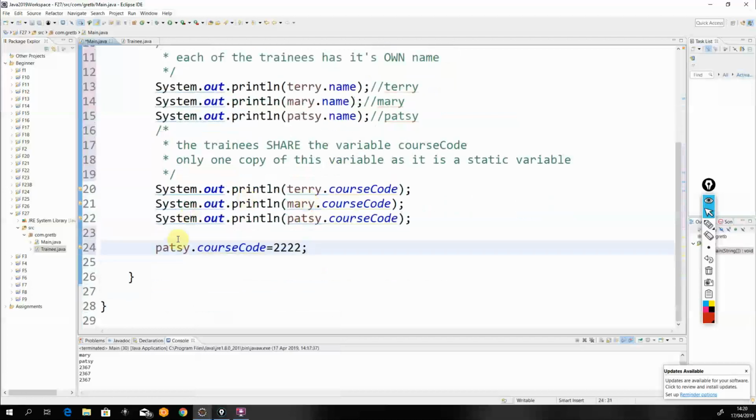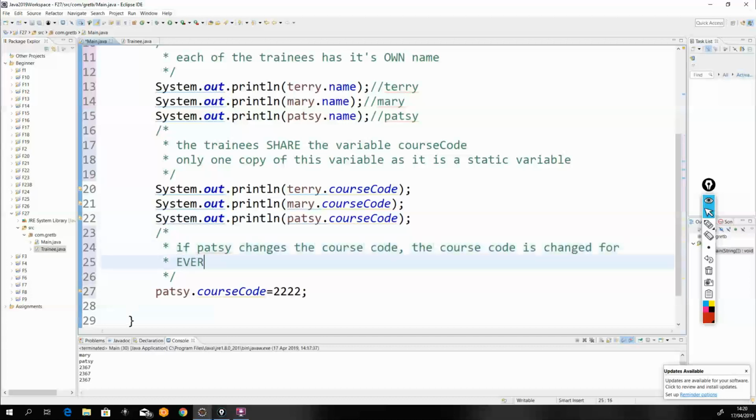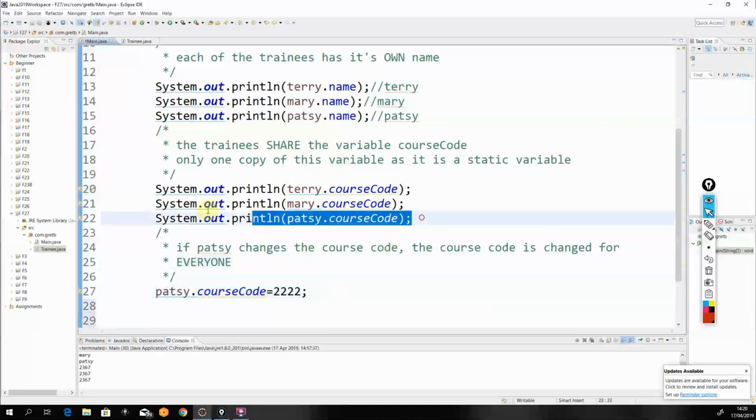Okay, that means if Patsy changes the course code, the course code is changed for everyone. So if I copy and paste these 3,